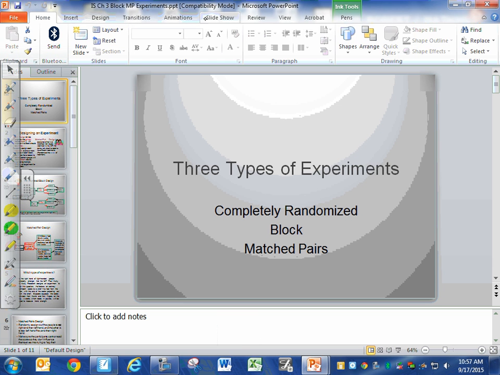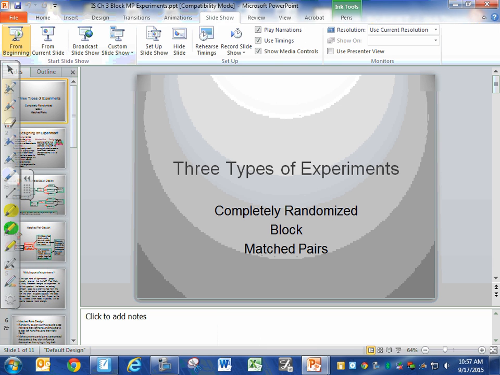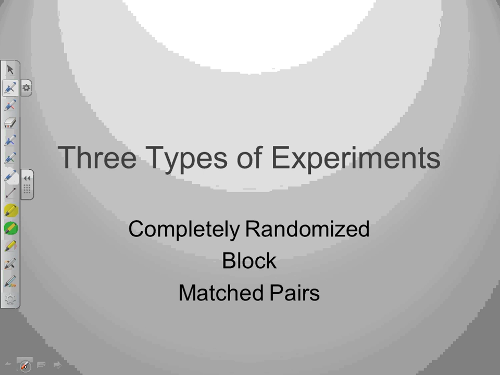So last lesson of this unit, a very short unit, types of experiments. And there are 3: completely randomized, block, and matched pair. We've already discussed completely randomized. In that situation, we would take our volunteers, say 30 of them, 15 would receive